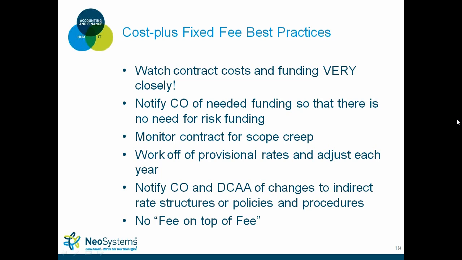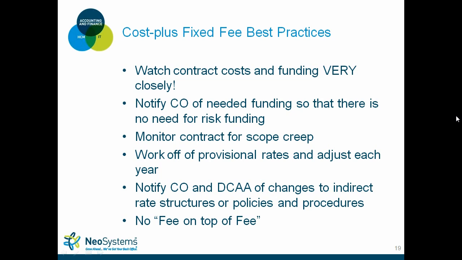And then to piggyback off of that, no fee on top of fee. A lot of small to mid-sized government contractors make this mistake when they do get awarded cost-plus work. In an instance where you have subcontractors, and let's say you offer the subcontractor cost-plus type work as well, they're going to build in the raw labor plus fringe and any other indirect burdens that they have, and then they're going to put fee on top of their costs, right? So if the contract states that you as a prime can't bid over, let's say, 8%,